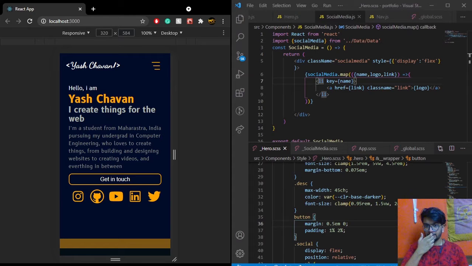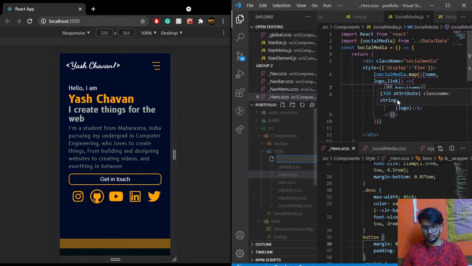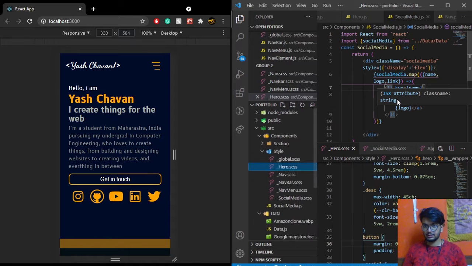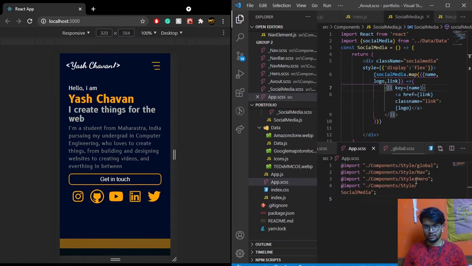So this is where we left off last time, and now we're gonna start with the about section. Again, we have to create an about dot partial, sorry, about dot SCSS, and we're just gonna first of all import it into our app dot SCSS. It's gonna be about, and then we are gonna create